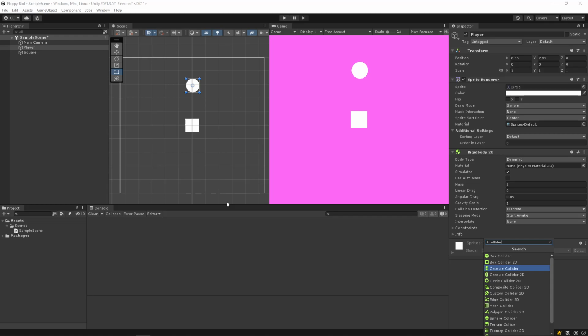And now that we have that, I also need to add it to the square. So if I click on the square in the hierarchy or scene, go to Add Component, type in Collider. And this one I'm just going to make a box collider 2D. Bam. And so if we cross our fingers, click play, circle will fall, and bam, home run, land straight on the square.